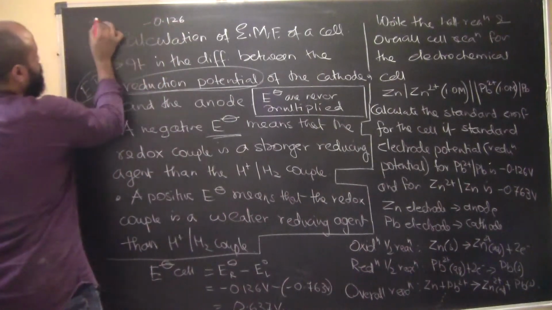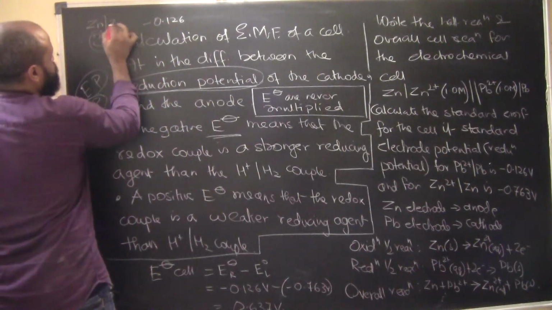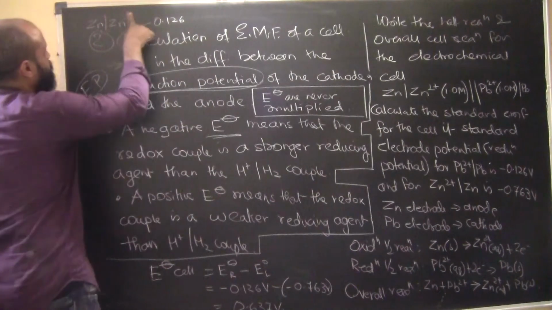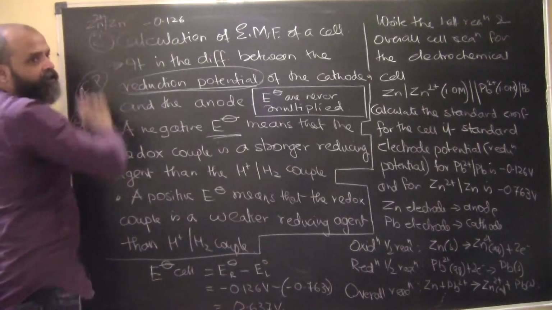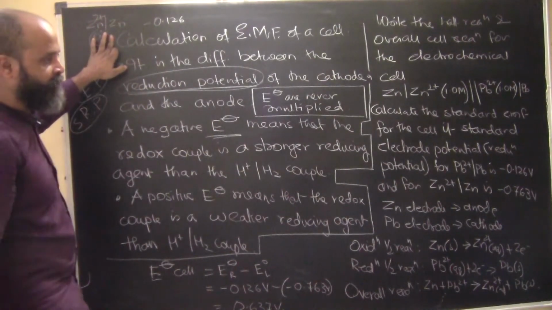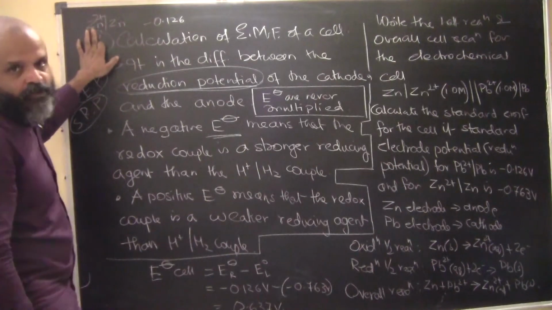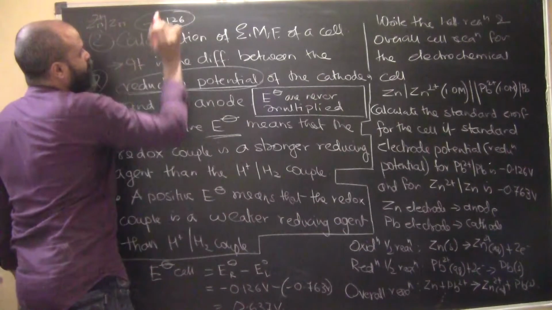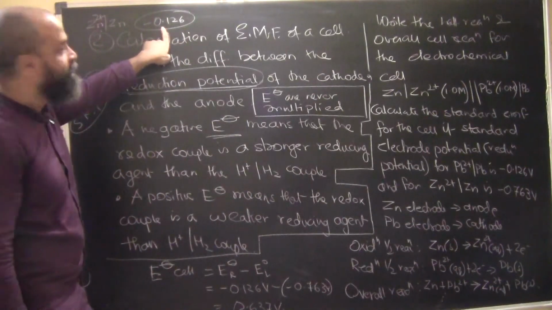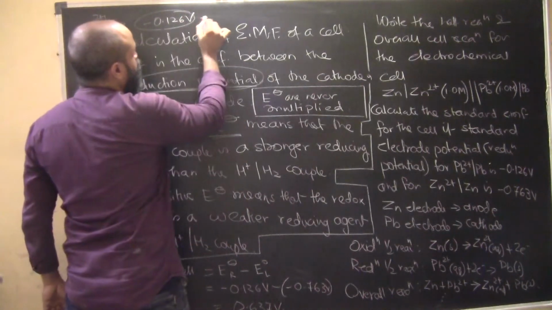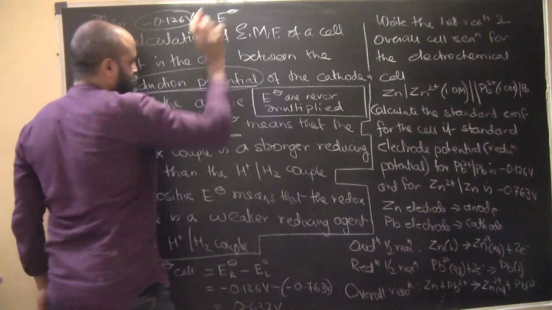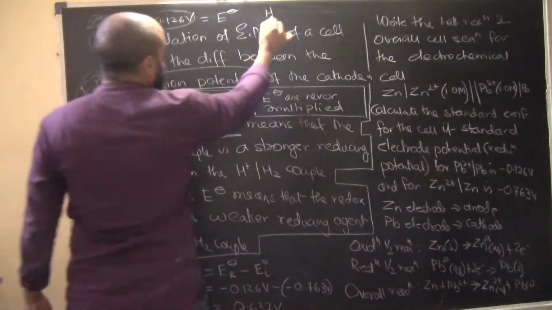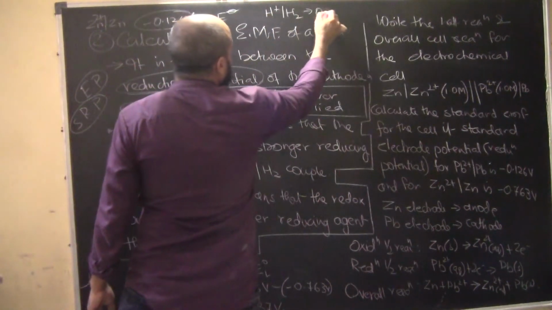So when I say Zn, we write it in this way, right? When we are writing the cell, this is Zn2 plus and Zn. So Zn basically forms the ions and Zn is the electrode. We write it in the cell in a different form, but for the time being, let's consider this. So the zinc ions and zinc electrode have an electrode potential of minus 0.126 volt. This is the electrode potential. And we know that for hydrogen, it is 0.00.